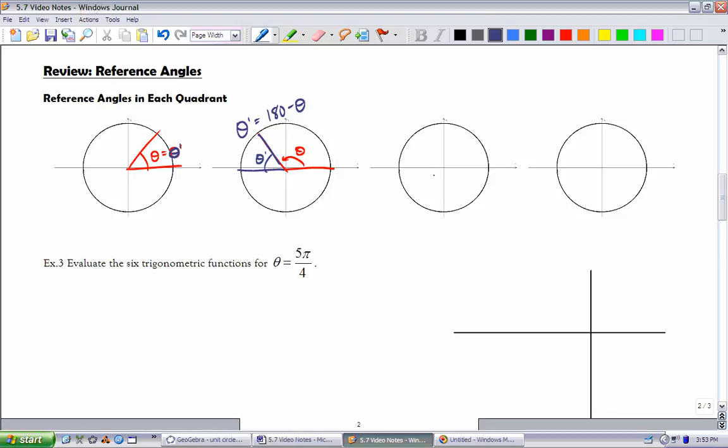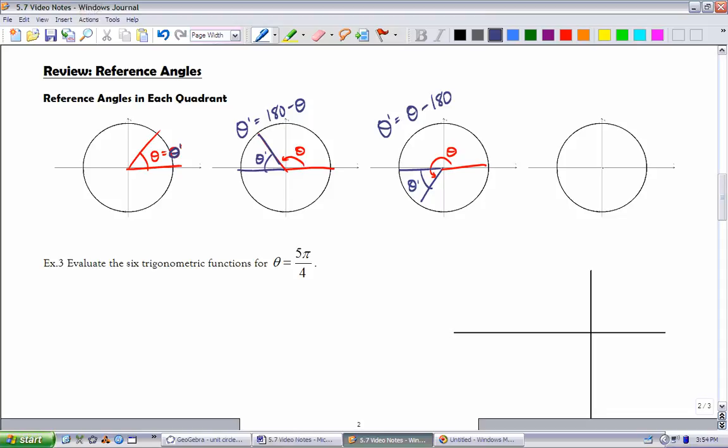my reference angle is going to equal 180 minus my original angle. Okay? If it falls in the third quadrant here, okay, and this is my theta, then its reference angle again is made with the x-axis, okay, and in this case is going to equal theta minus 180, or pi, you know, if you're dealing with